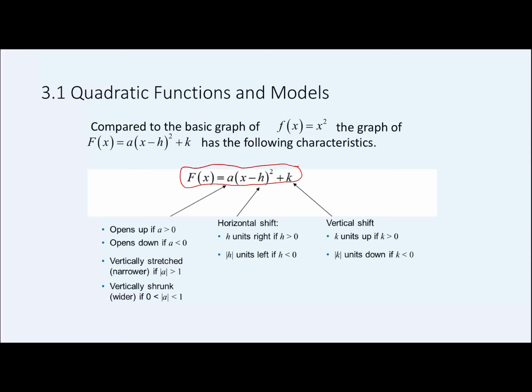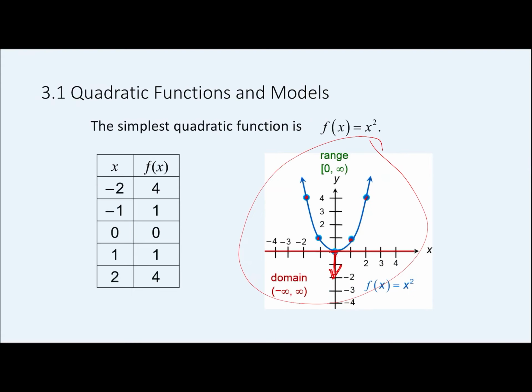If the absolute value of that number is between 0 and 1, so it's a fraction, essentially, then that tells us it's going to be compressed or shrunk vertically. So kind of squatted down, which is going to make the parabola get wider. Okay? So again, if we go back and we look at this parent graph,